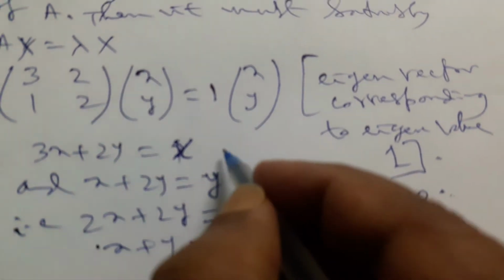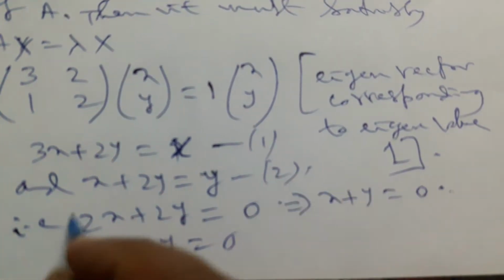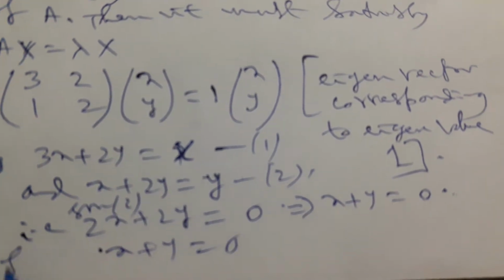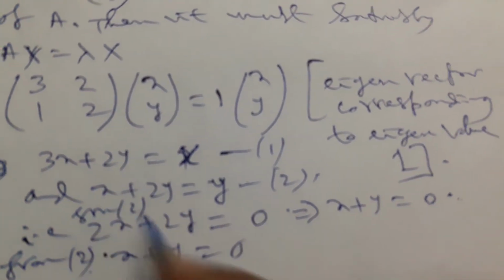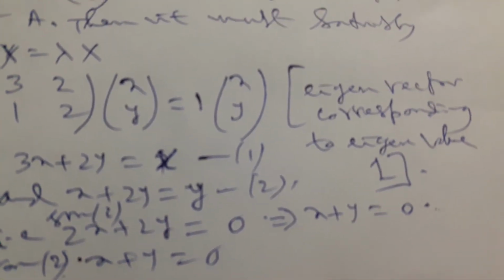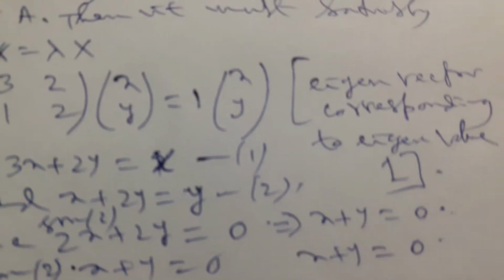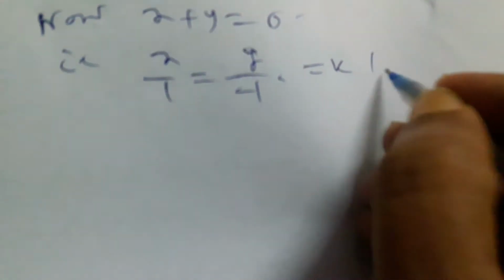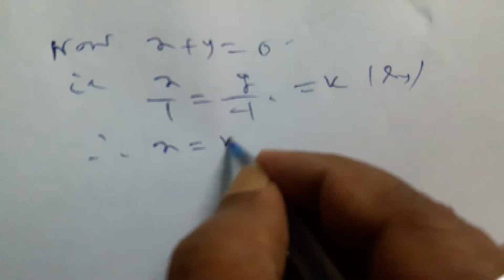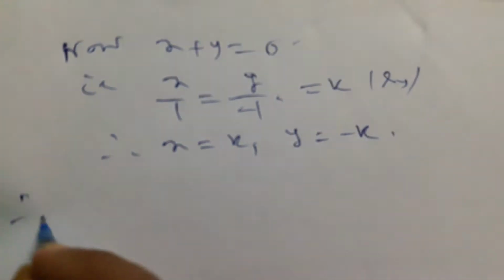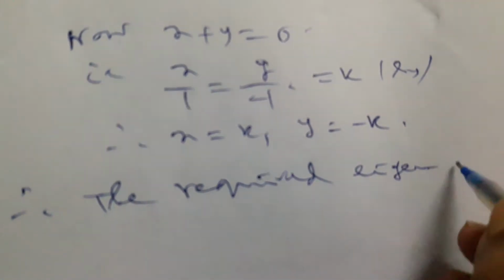From the first and from the second equation we are getting these two values. Therefore both the equations convert to x plus y equals 0. Now x plus y equals 0, that is x by 1 equals y by minus 1. If we take it as k, therefore x equals k and y equals minus k. Therefore the required eigenvectors